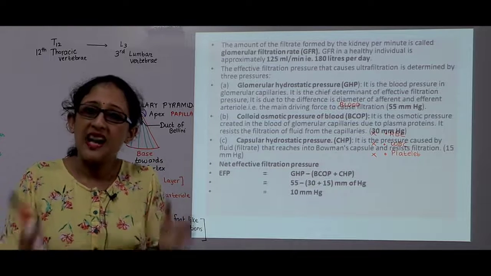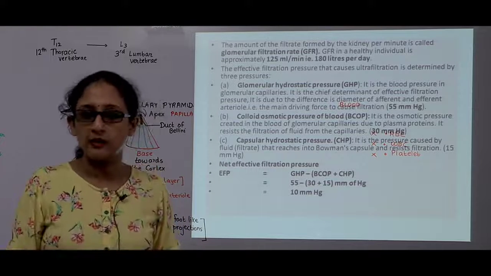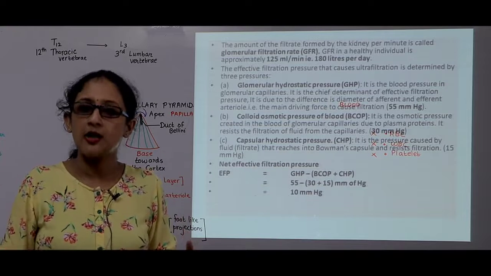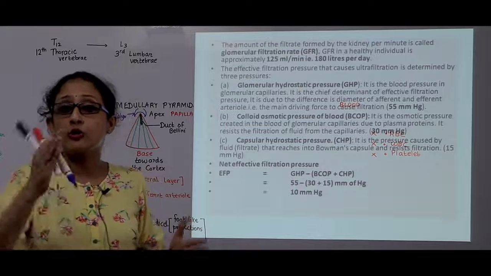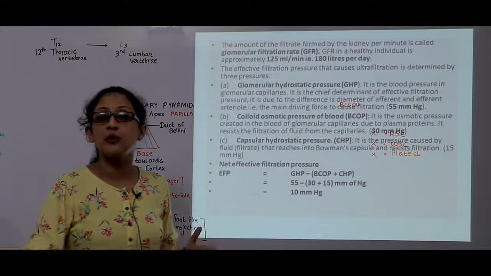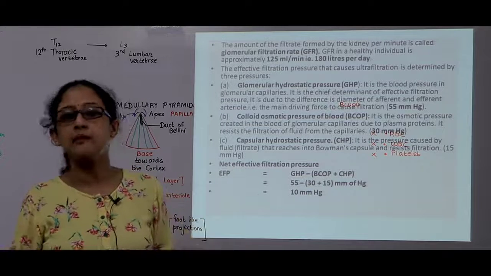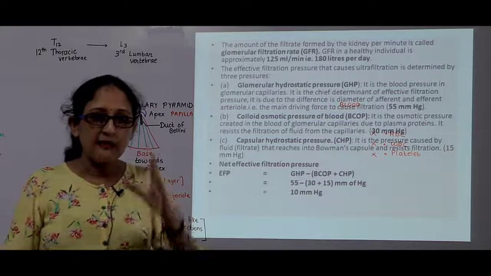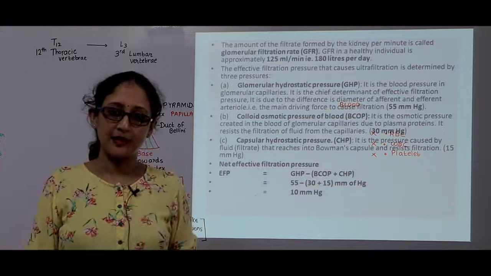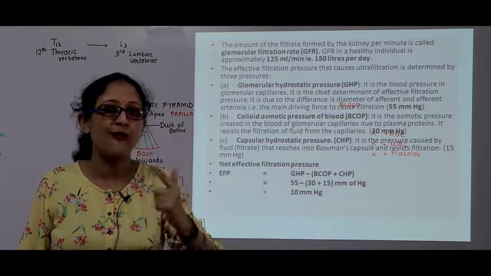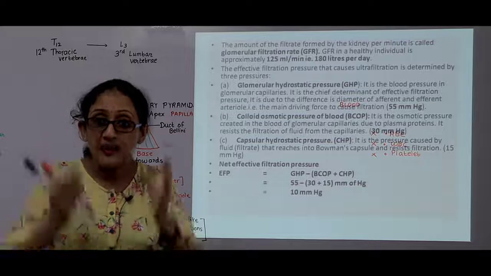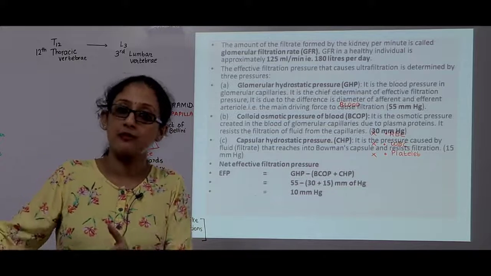Our body has very less amount of fluid. You have around 5 liters of blood in your body. You cannot afford to throw out 180 liters of urine per day. A person will die within no time. That means that ultrafiltration has a problem. It loses too much of water. That's why God has blessed us with such a nice nephron.